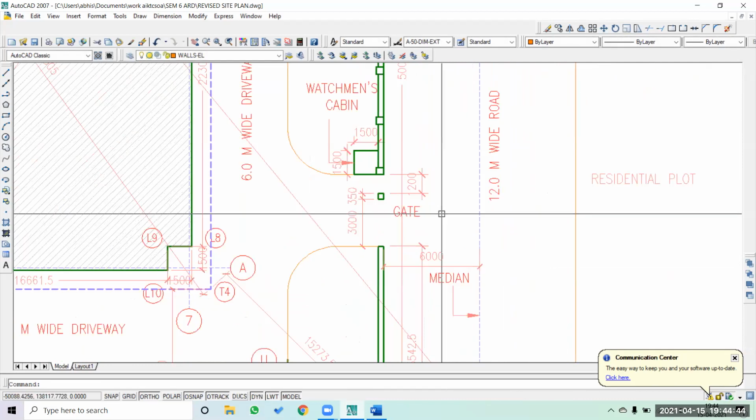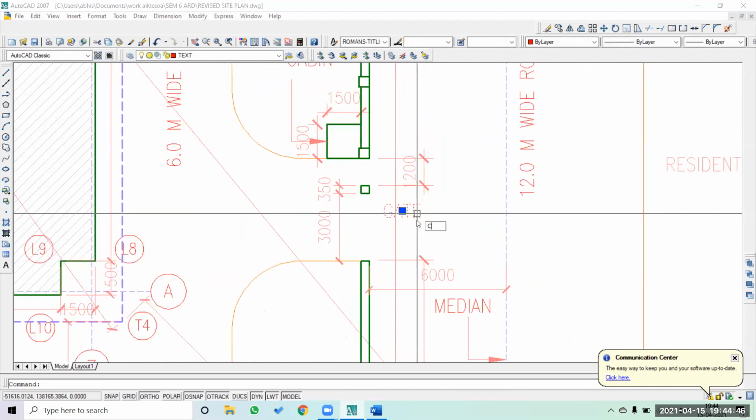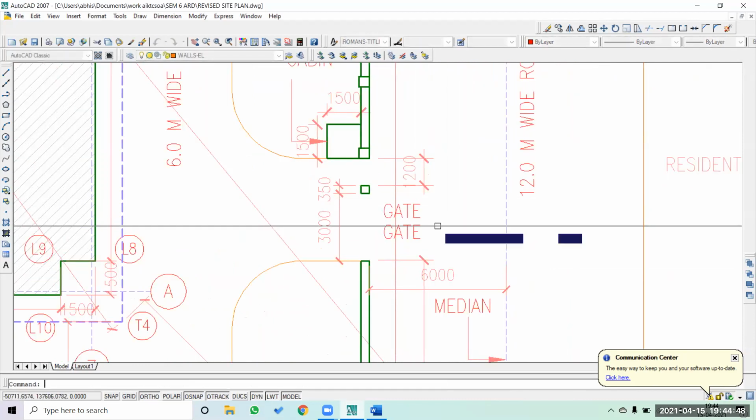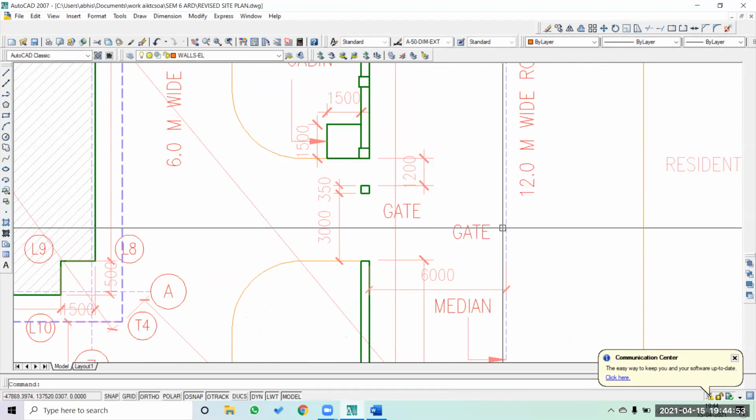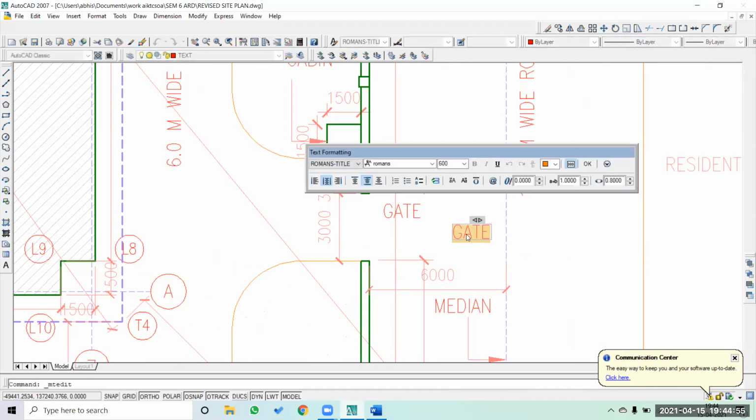Okay, another important thing which you have to do is start mentioning at least the level here. Okay, so the median level is going to be 0.0 meter level.